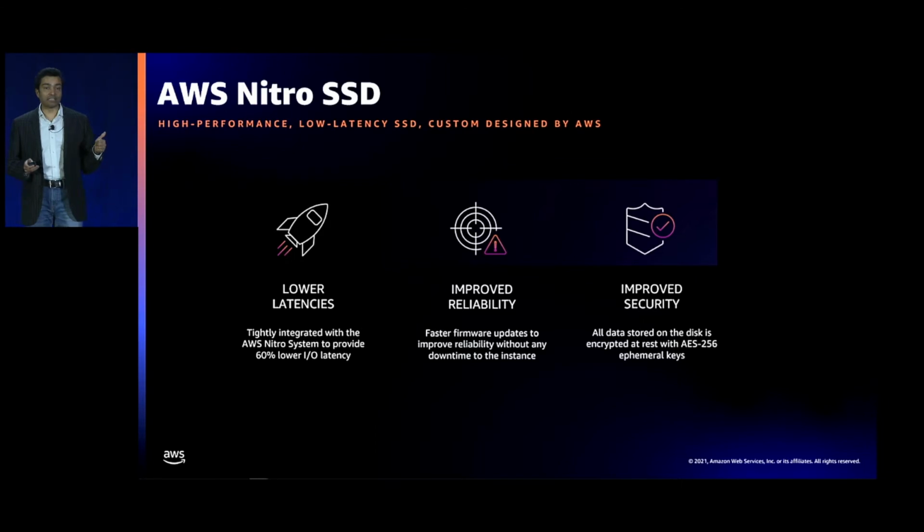So the storage capacity that you see in those instances will be based on this new SSD. Nitro SSD is custom built by AWS and helps significantly improve the performance of IO-intensive workloads by lowering the latency by up to 60%, and reducing the latency variability by up to 75% compared to the i3 instances. So as you can see, significant reduction in latency and tail latency, which is a big advantage, something that our customers really desire.